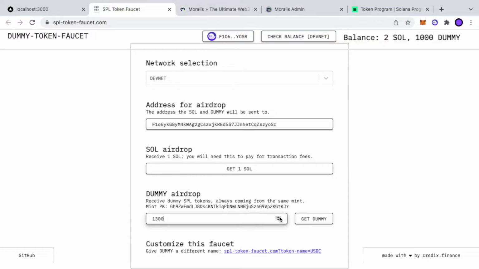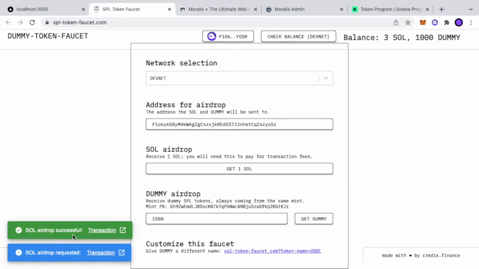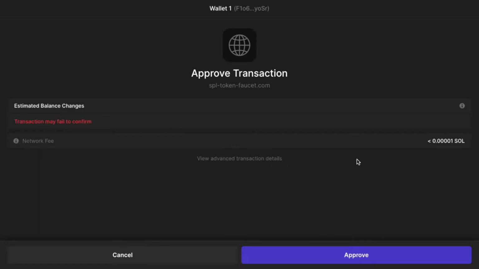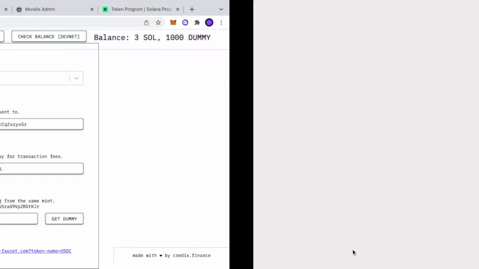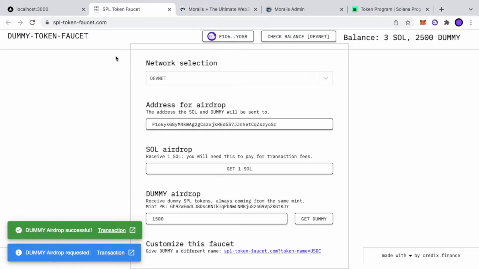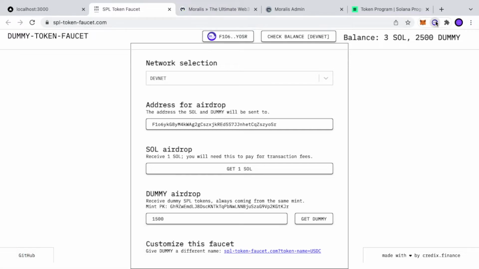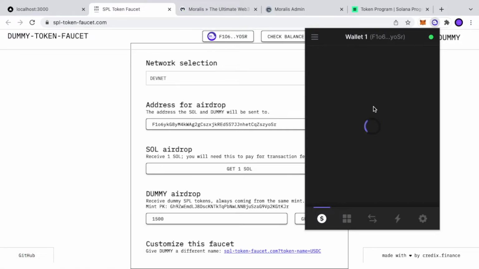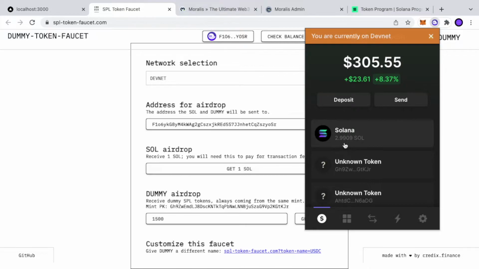Let's put, to make something different, 150. So again, get one Sol, airdrop requested, airdrop successful, get dummy. We need to approve this transaction that needs some DevNet Solana to be paid. Dummy airdrop successful. So if I open now my Sol account, as you can see now I have 2.99 Solana,